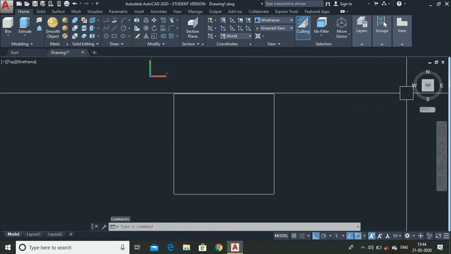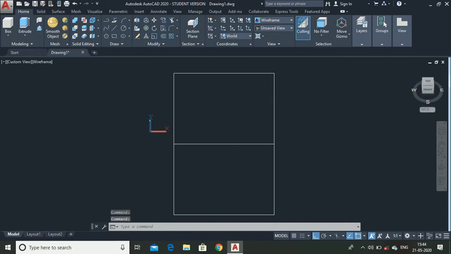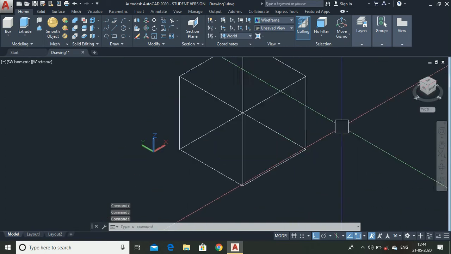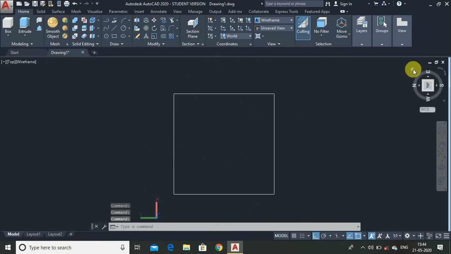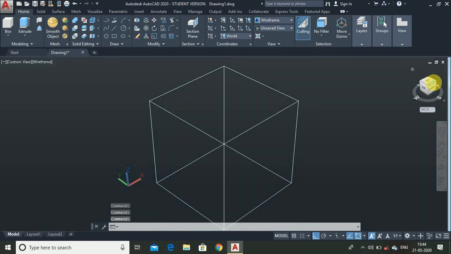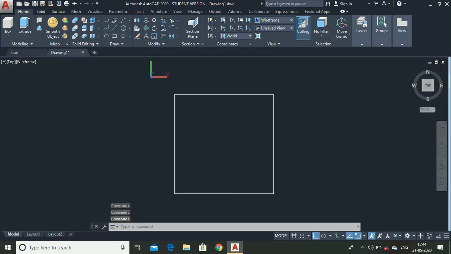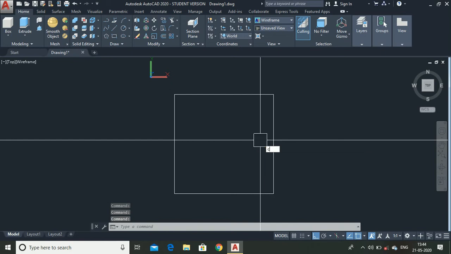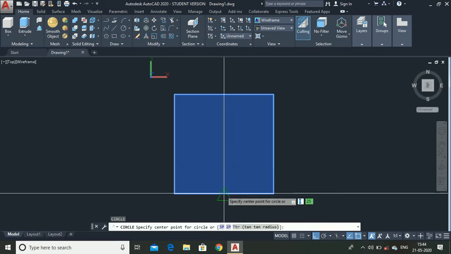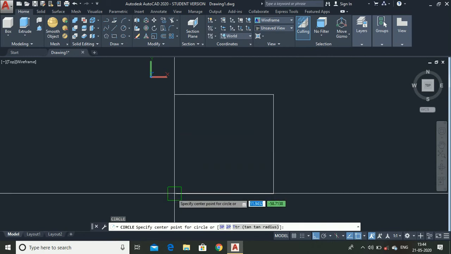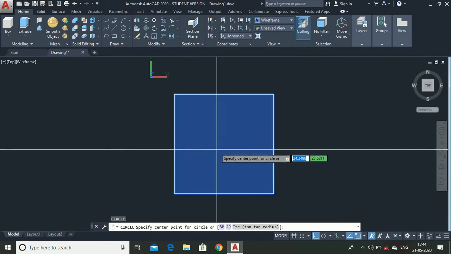Now using the extrude command, you can only add material. Now let me tell you about the subtract command. To do that, I go to the top view, select the parallel option, then I will draw a circle from the center point or any point.